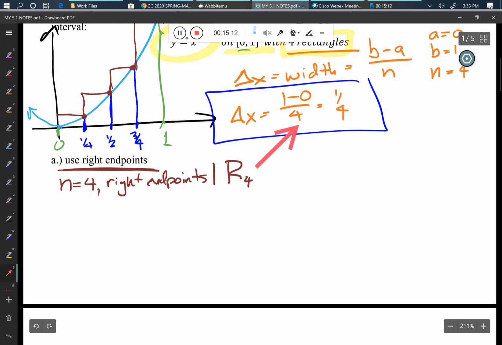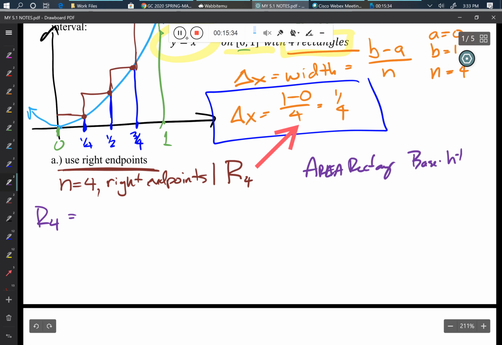All right, so here we go. We're going to do R4, R sub 4 actually. So R sub 4 says add up the 4 rectangles. How do you find the area of a rectangle? Well, the area of a rectangle is